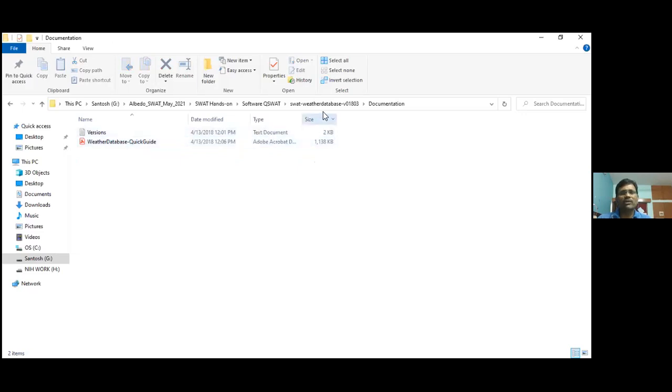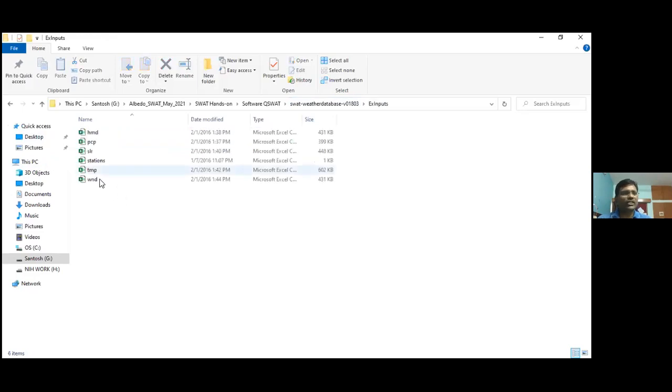You can use the manual, and a sample example data set is also given, showing how the data can be provided. These are the input files, basically: this is the rainfall, this is the date, the stations, and the precipitation. You remember, yeah.